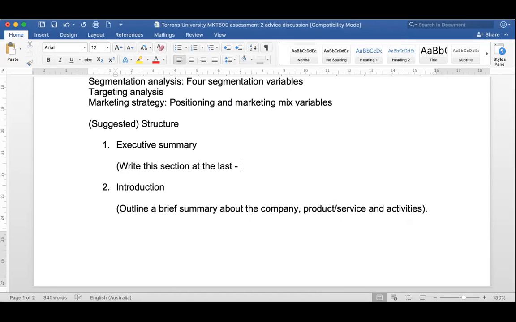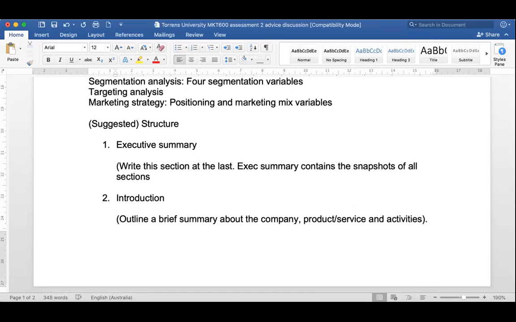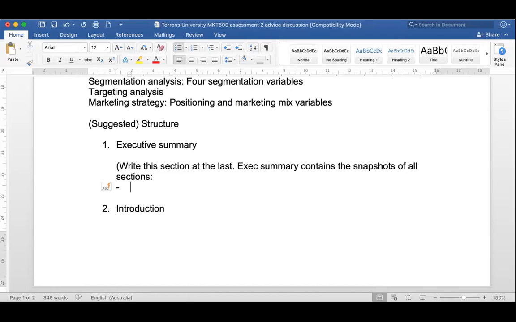All right. So what does it contain? An executive summary contains the snapshot of all sections. Remember, what is the purpose of this report? The purpose is to write the strategy. What is a strategy? A strategy contains target market, positioning, and marketing mix variables. So you want to show that in your executive summary, just briefly. Therefore, you want to show briefly who your target market is, how you are going to win this target market with the positioning,